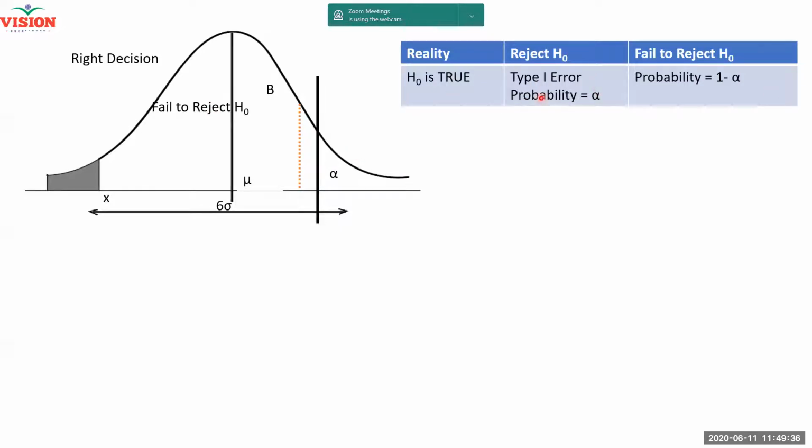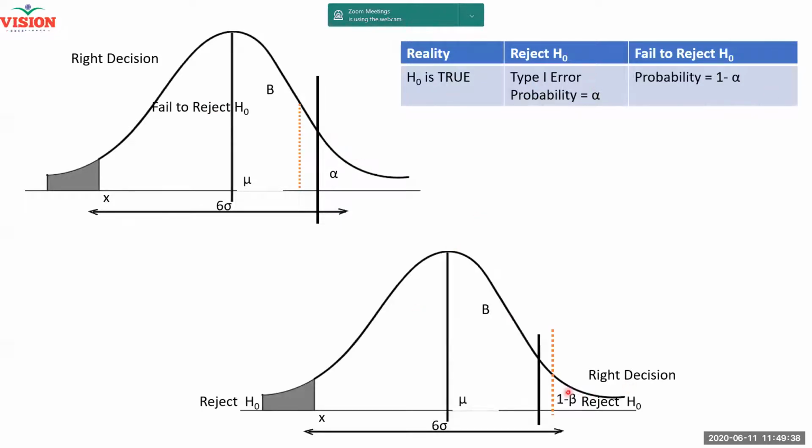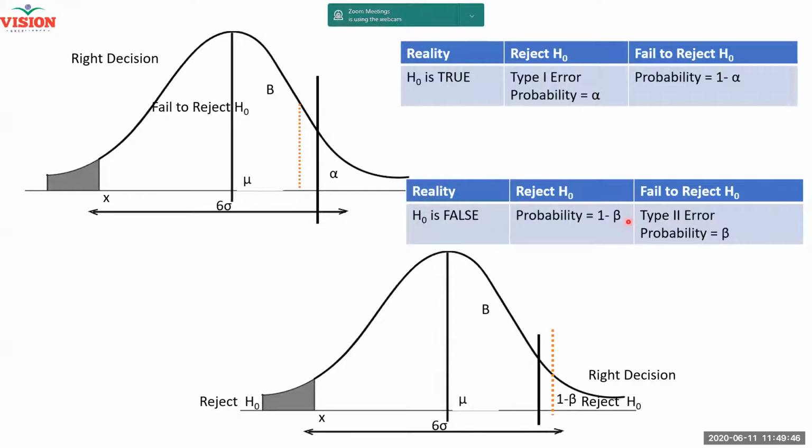And you know what a type 1 error is? Here this is a right decision, right? If there is a wrong decision here, it is a type 1 error. If there is a wrong decision here, it is a type 2 error. That's all, right? So if you follow this, you'll be able to understand very clearly. When we send you the video, you can probably pause it and see. The red value is the test value.